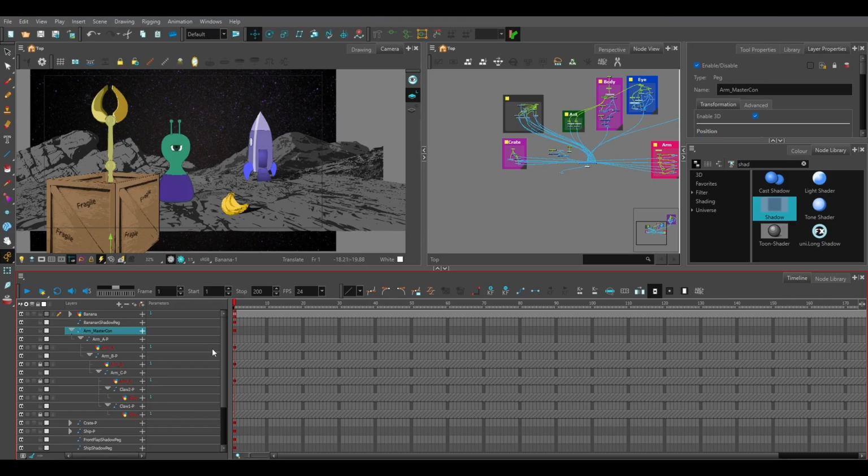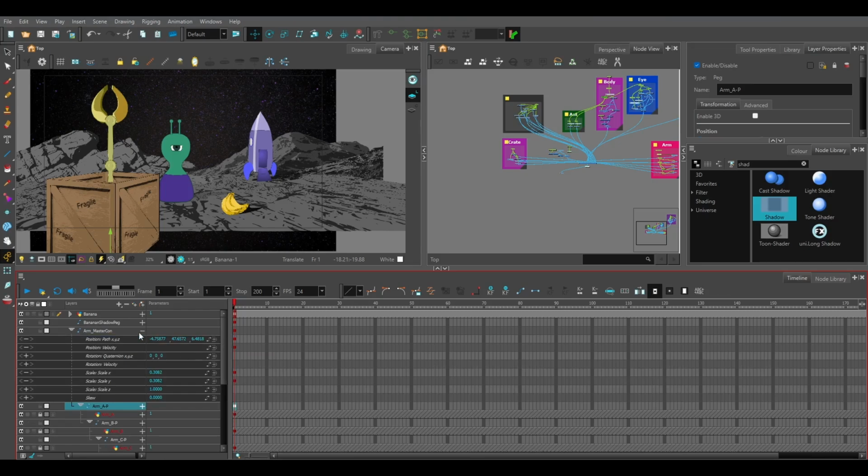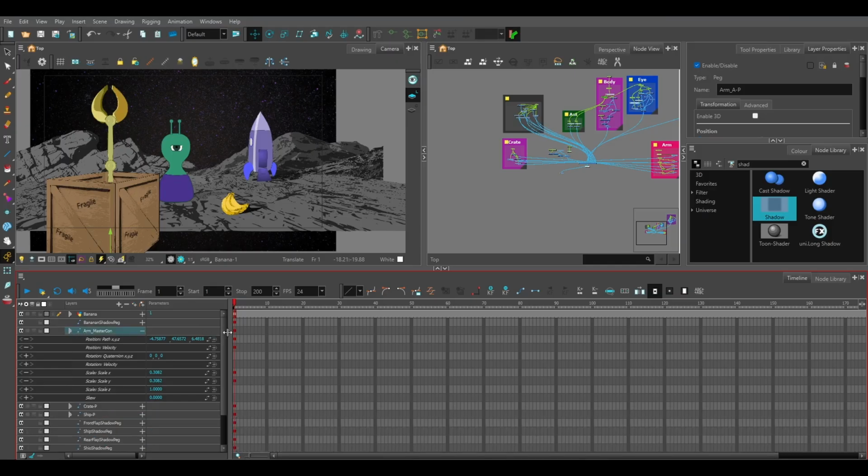And to make sure that my first pose is clear, I want a keyframe on all the pegs. And you'll notice right here I have no keyframes on peg AP, arm AP, arm BP, arm CP. I have no keyframes on those, right? The only one I really have a keyframe on is the arm master control. Now, I could go through here and hit F6 on all of these, right? I'll also show you on the arm master control, I don't even have a keyframe on everything. If I hit this plus sign here, I only have keyframes on the things that I've moved. So if I were to minimize that again,